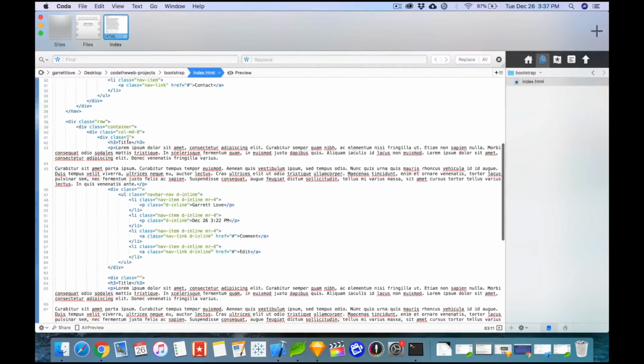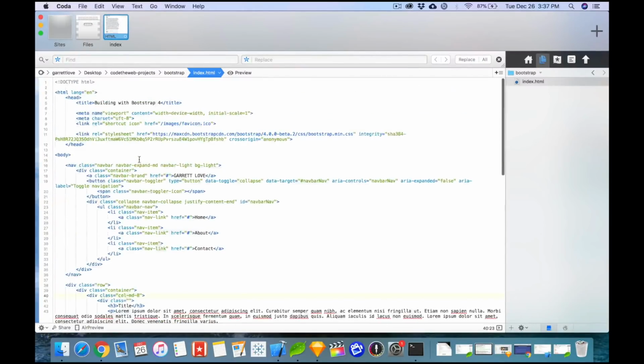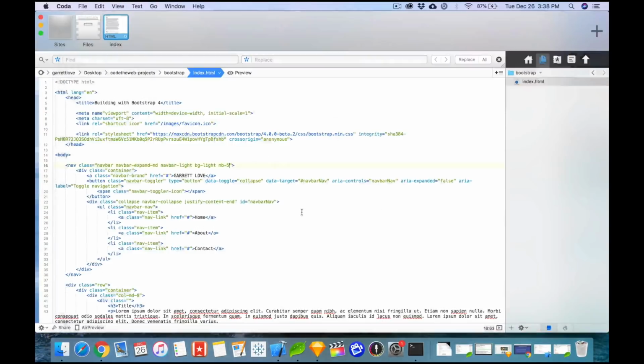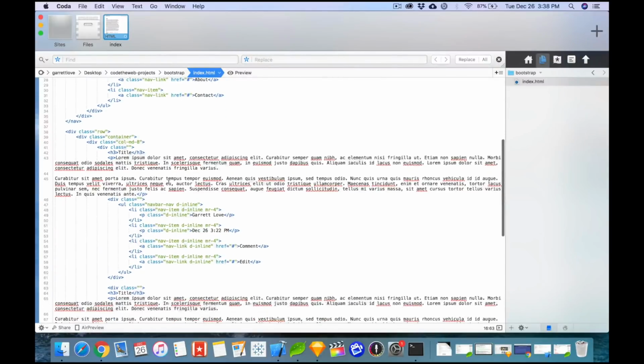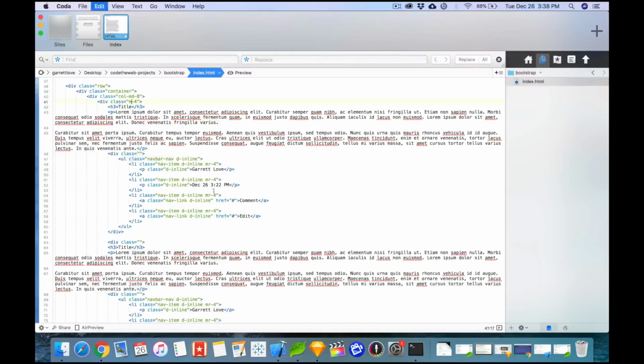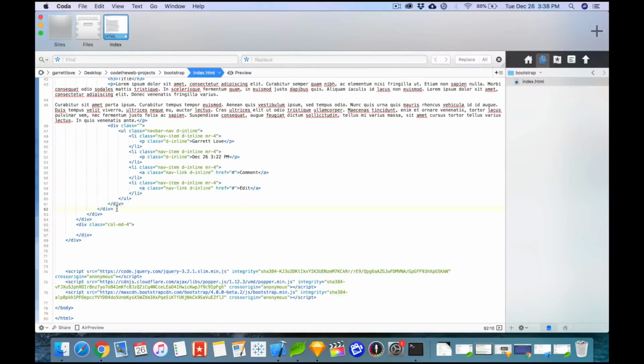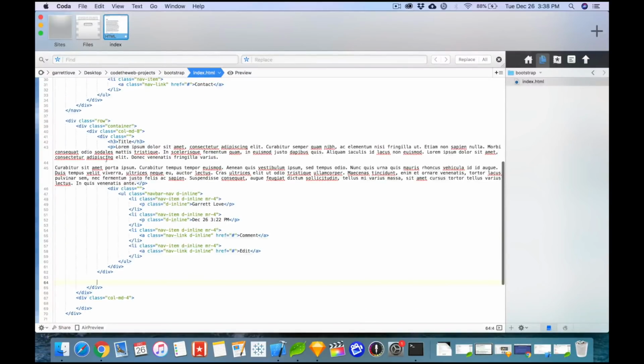The other thing that we're going to do is add to our nav a margin bottom of 5. So that'll push this stuff down so that it's not kind of on top of it. And then each one of these posts will get a margin bottom of 4. I might have done it to the wrong thing. Yes. Nope, I know what I did. So this has to go outside of this. Yeah. This needs to go right here